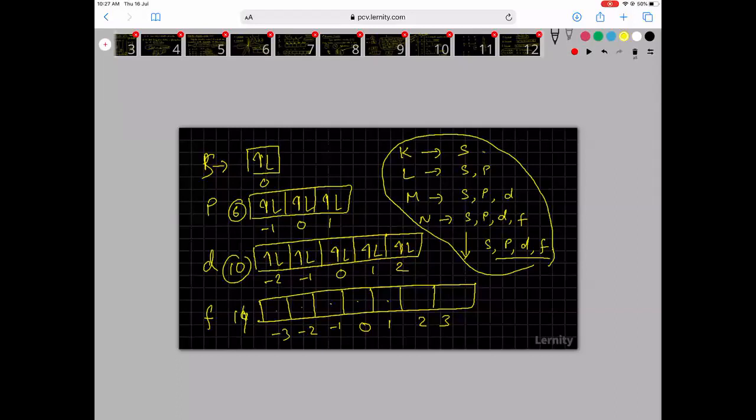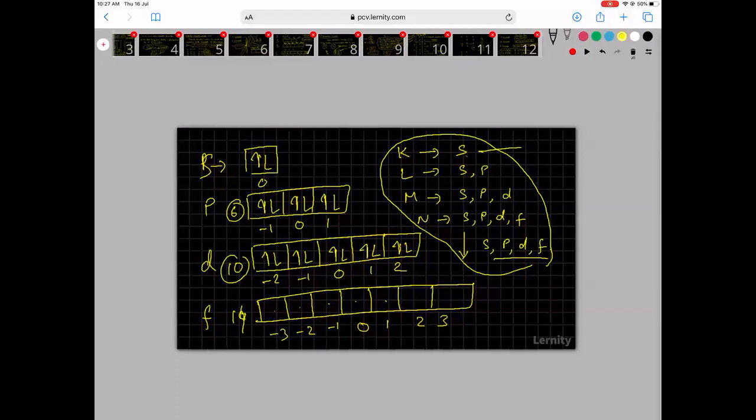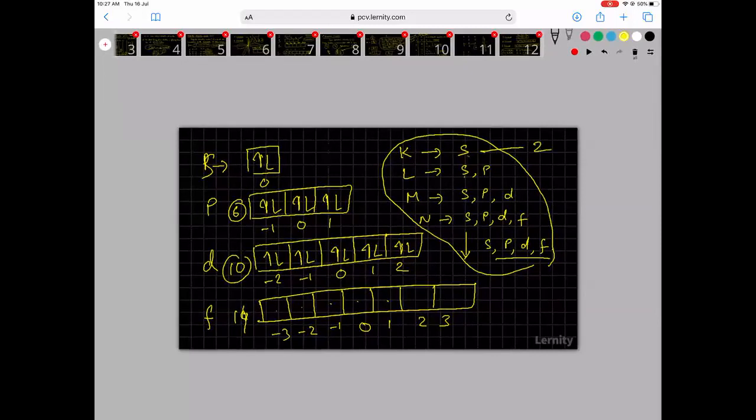Okay. Then in the K shell only 1 is there. In that 2 electrons can come. So 2. Here S and P, so 2 plus 6, 8. Here SPD, so 2 plus 6 plus 10, 18. Here SPDF, so the 2, 8, 18. Then again next is 32. And then it keeps going.